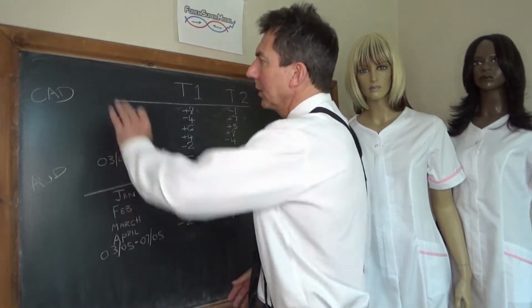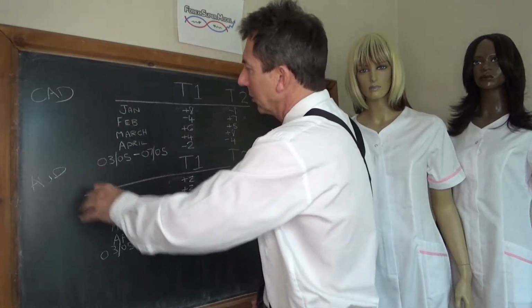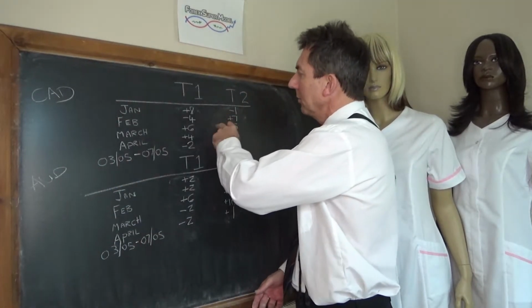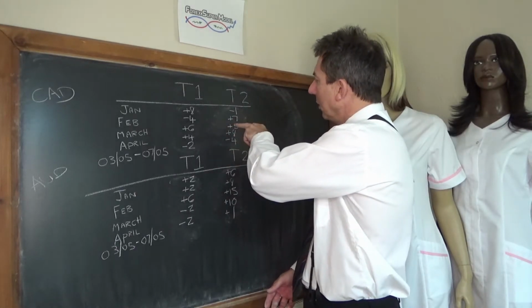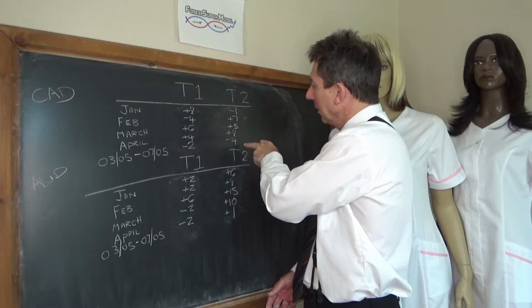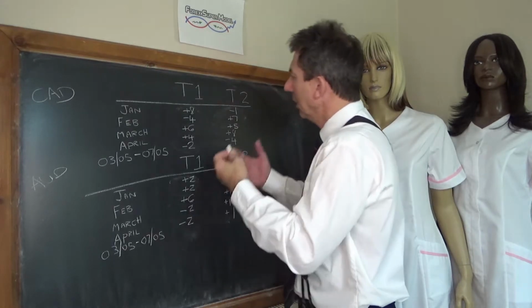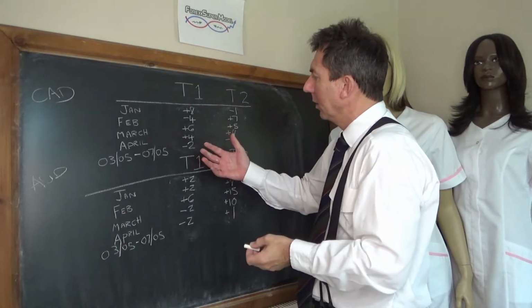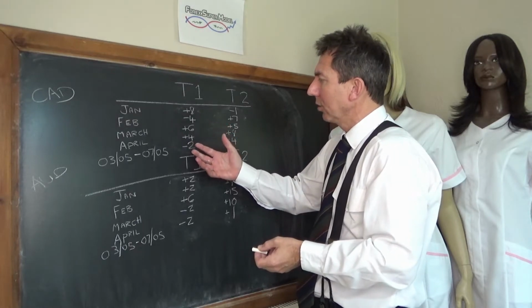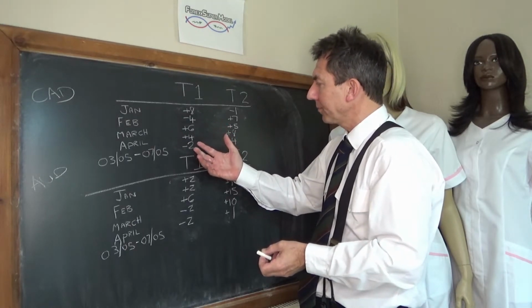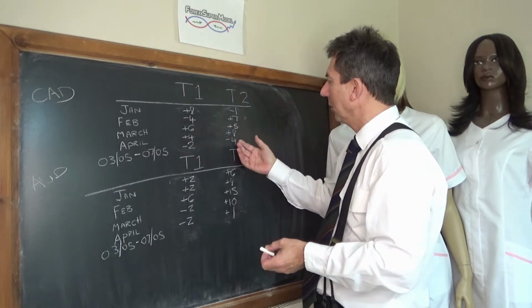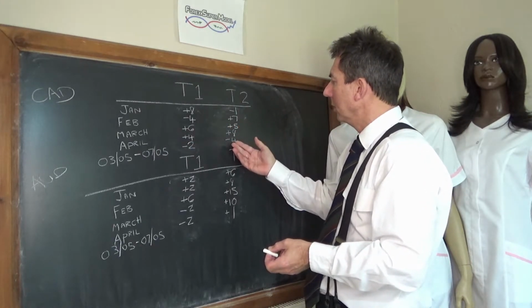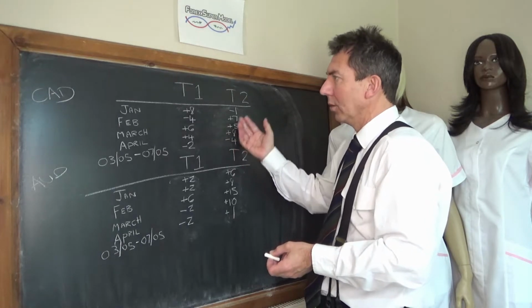Right, welcome back again. CAD, Canadian dollar, and AUD, Australian dollar. CAD then, Tier 1, +8, -4, +6, +4, -2. Tier 2, -1, +7, +5, +8, -4. So the Tier 1 has a slightly soft start to May, and the Tier 2 likewise, we've got a soft start to May again, -4 on the CAD.